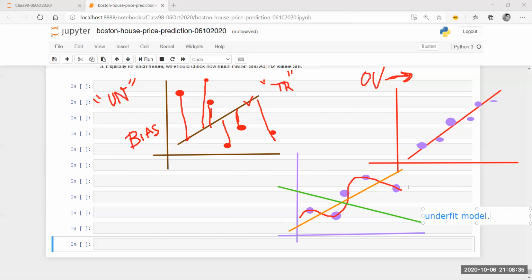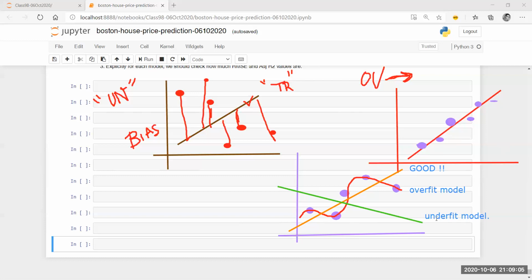This red line I'm going to call an overfit model. And this orange line here I'm going to call a good model or an expected model. So this is very good. Why? Because it generalizes. The red one tries to capture the variety of all the points and it gets too complicated, and it results in the same kind of situation as that poor student of ours. 100 questions marked up, in the exam you got only 2 common questions, right?